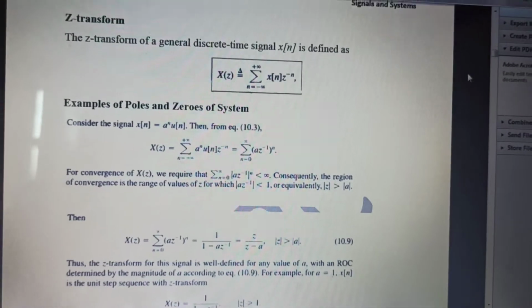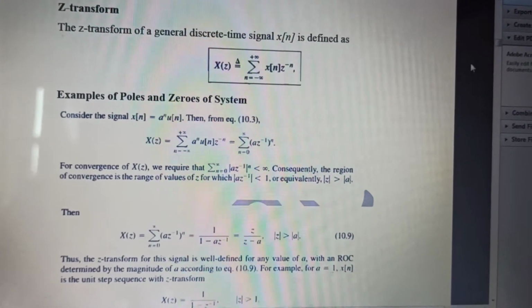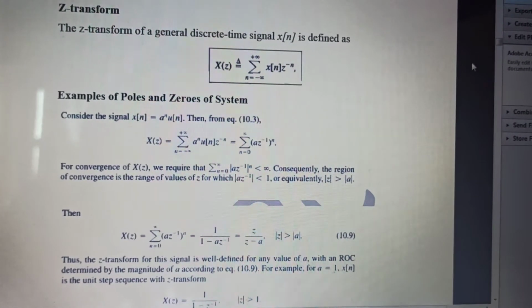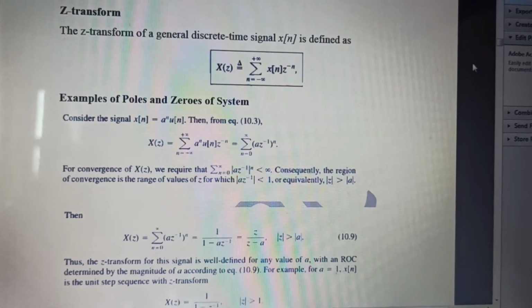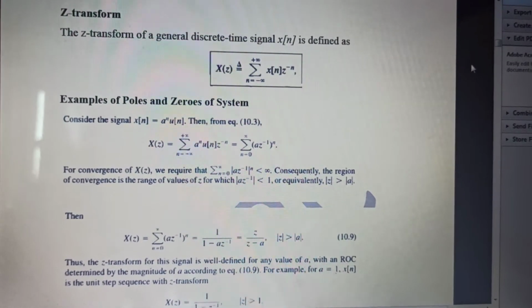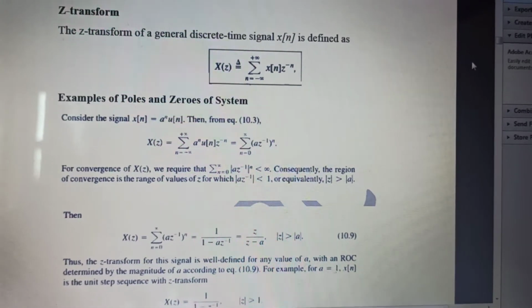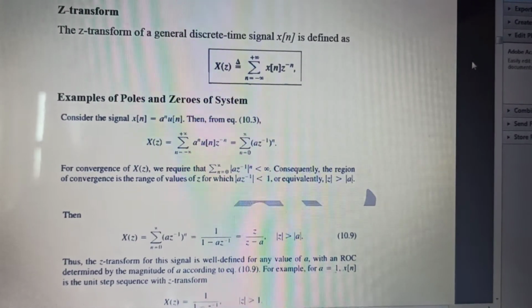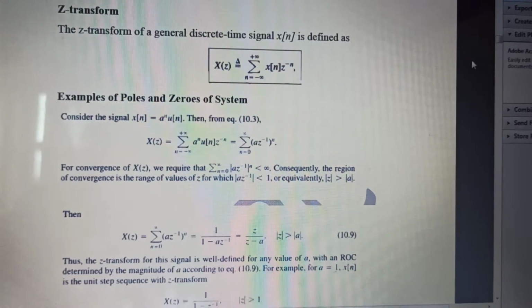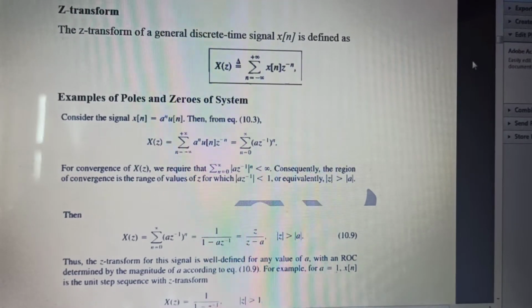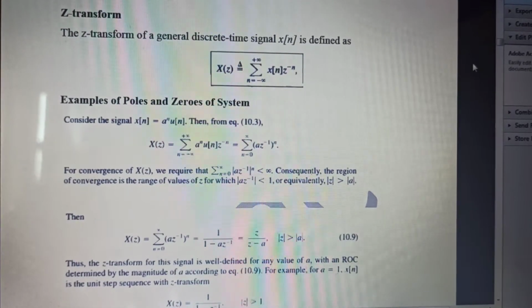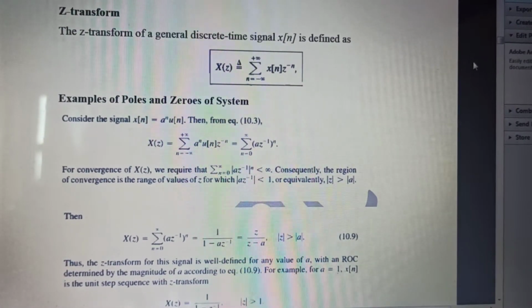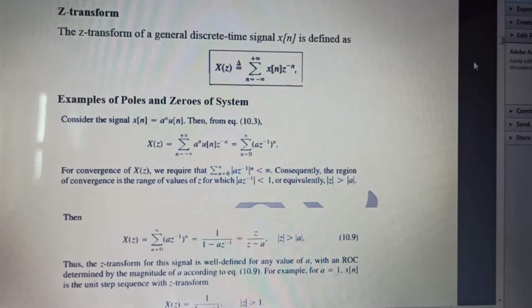Basically, there are certain signals which are not at all converging, whose convergence is not possible. We cannot converge those signals. So what should we do? This is the problem that comes to our mind: what should we do when we cannot converge certain signals? When the convergence is not possible, what can we do?